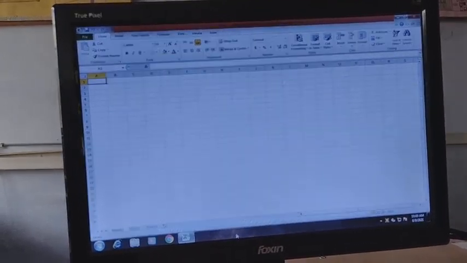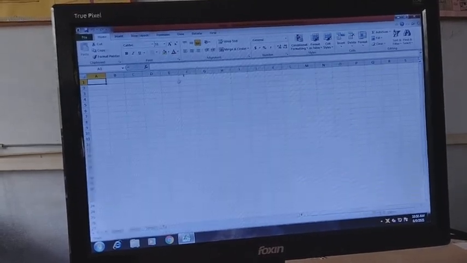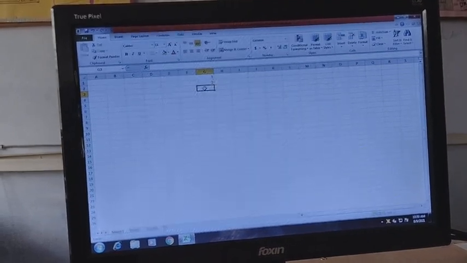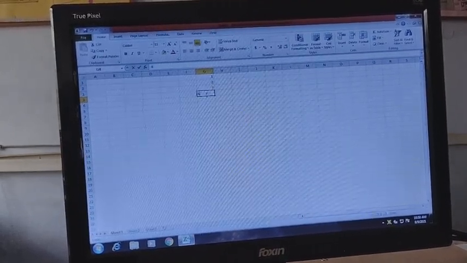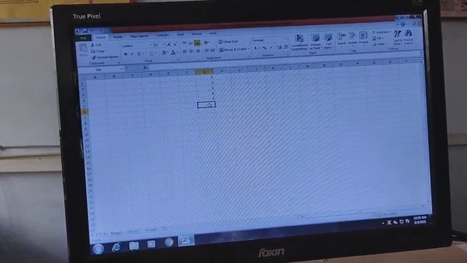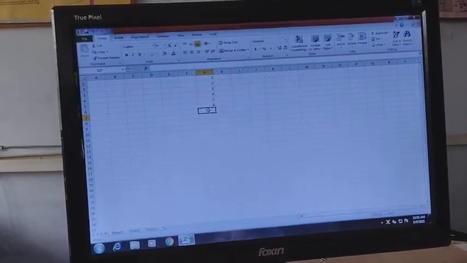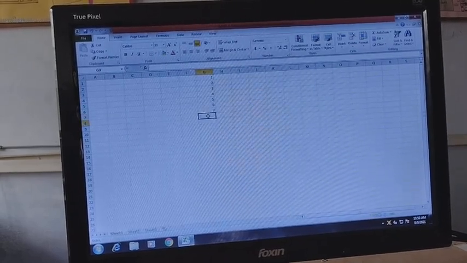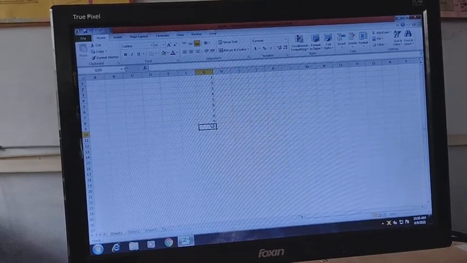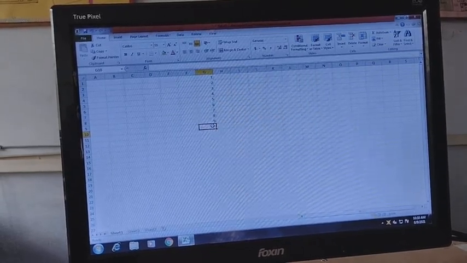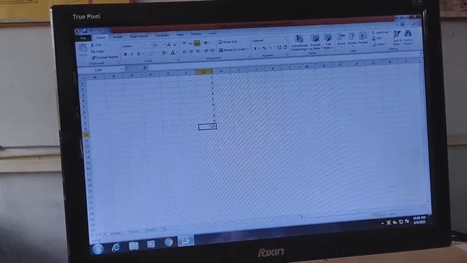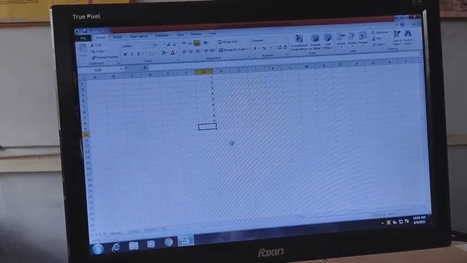I am inputting 1 2 3 4 5 6 7 8 9. Now, in the exactly next column, we can use a formula or function. So we have discussed various formulas. Now we will discuss some of the functions,